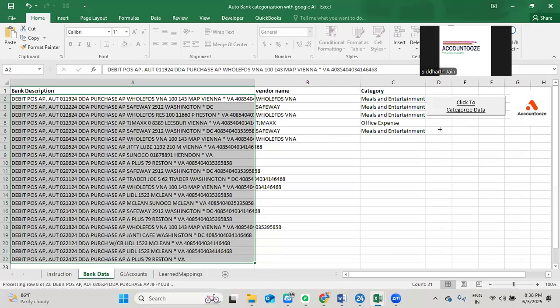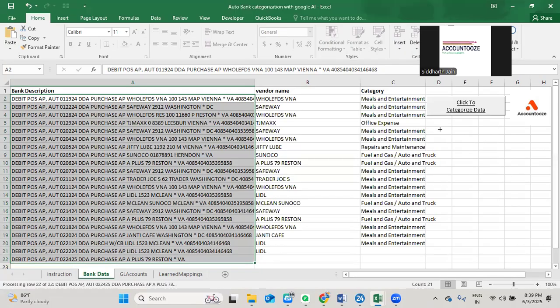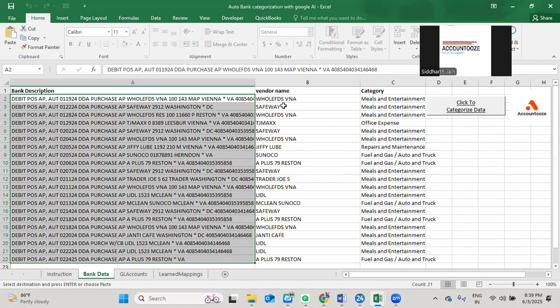So basically, you don't have to write any prompts, you don't have to upload any Excel sheets. You can simply copy and paste the data of your bank transactions into this tool, and everything will be done by the AI. Obviously, this is not 100% accurate because this is AI and everyone knows this is not 100% accurate, but still it saves a lot of time as it has got almost 80% of the vendors correct